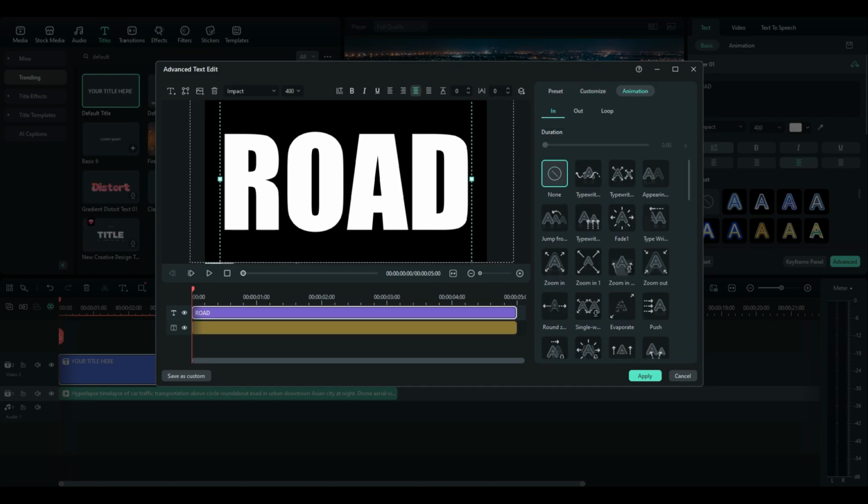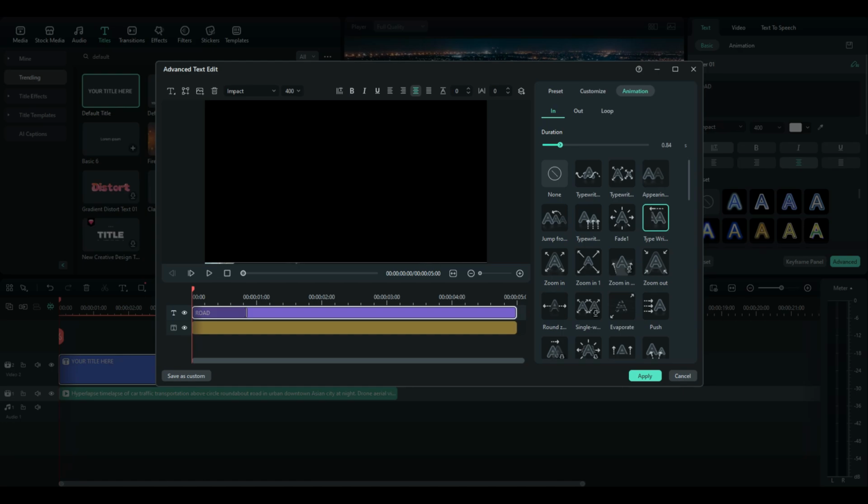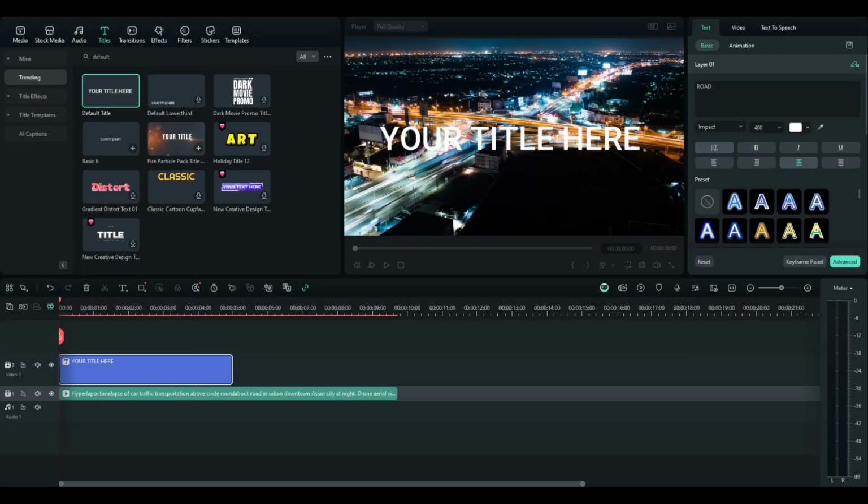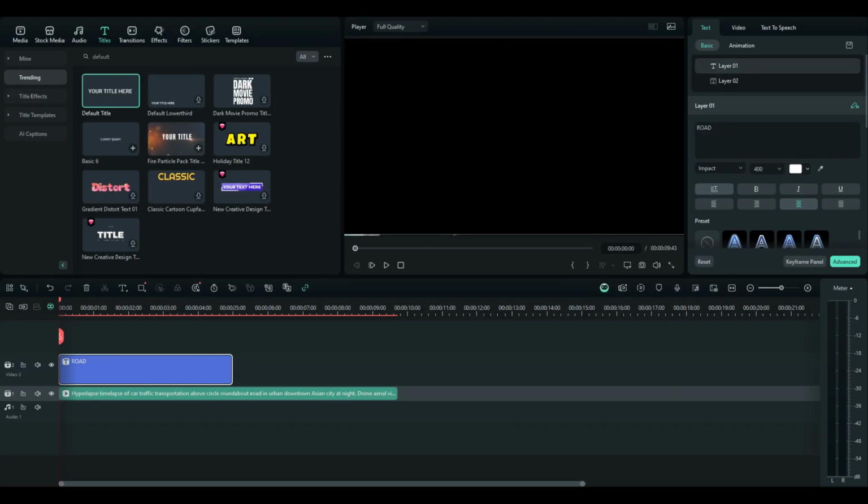on animation, and then for this one, let's say for example I just want the typewriter for this example, so I'm gonna click on this, and then I'll adjust. You can adjust wherever you want. So basically I want this on the entire video, I want this effect, so I'll drag this and then click on apply. Once you do that, click on this text again, and after that on this side you will see